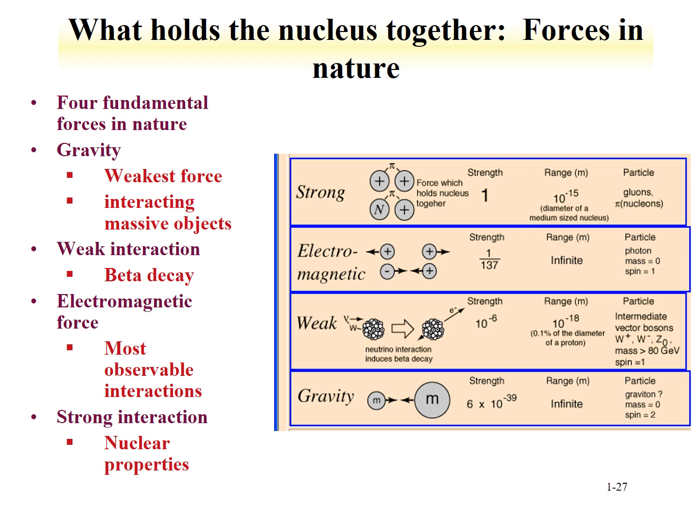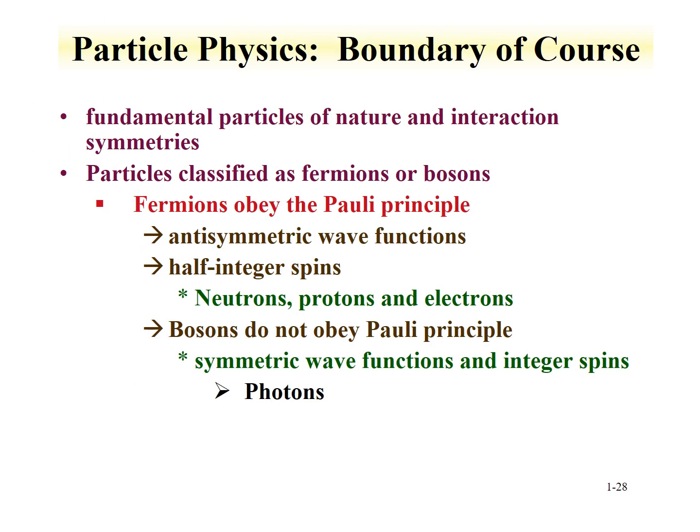And here's a table that gives you an idea of the forces, their relative strengths, and their ranges. As we see, the strong force is basically on the size of the nucleus. The weak interaction is even smaller than that, while gravity and electromagnetic are longer ranged. The boundary of the course that we're going to discuss is really particle physics. We won't go much into particle physics. However, the tools and concepts, such as accelerators, which are used for exploring radiochemistry at higher energies, you start understanding